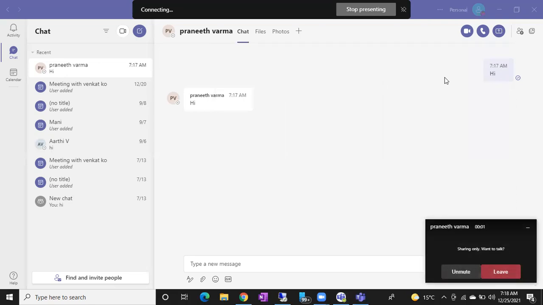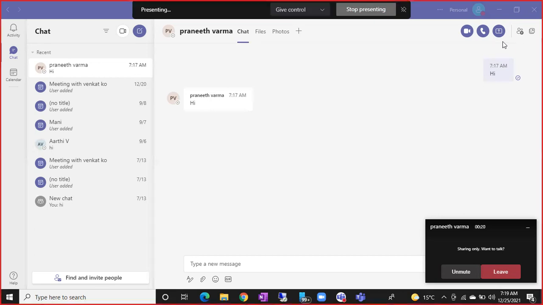Okay, if you want to stop the screen sharing, you will get this window here, stop screen sharing. And of course, in one more window here, a disconnect option will be there. In that also you can see the same icon with a disconnect option, a small cross mark on this sharing screen. You can click that also so that the screen sharing will be stopped.